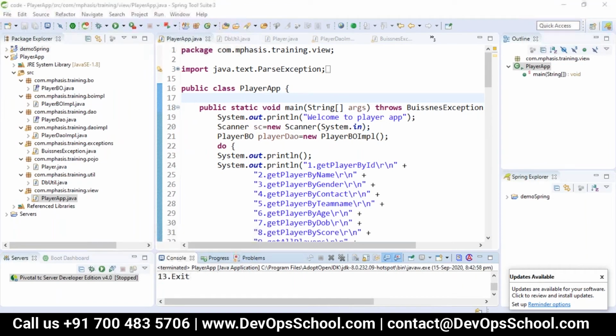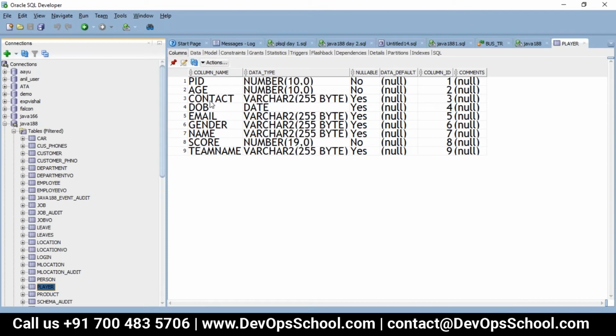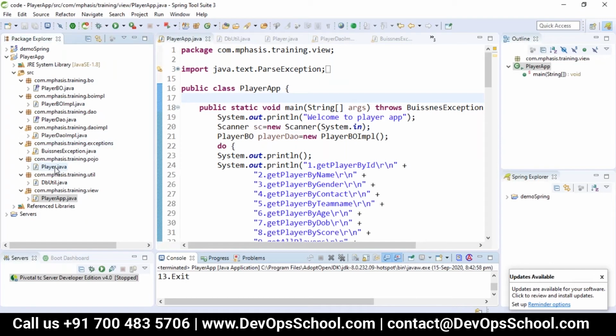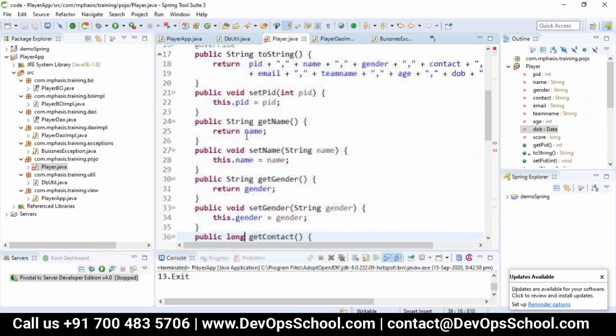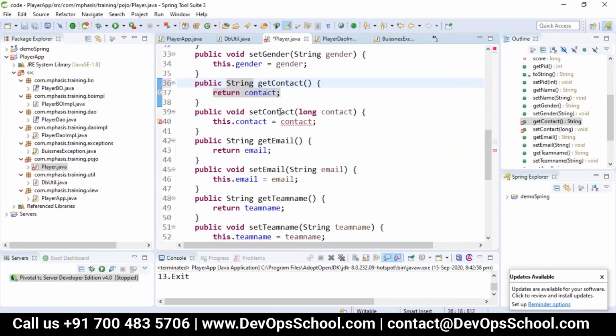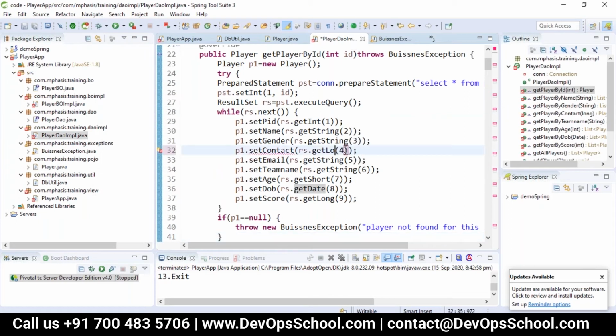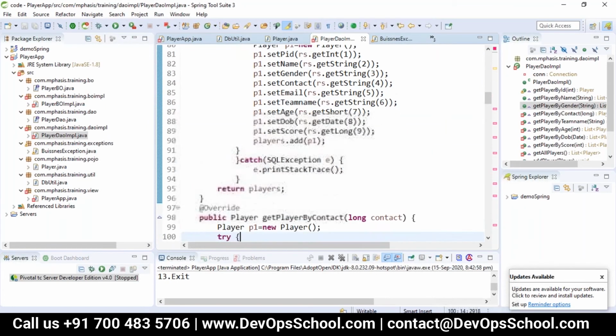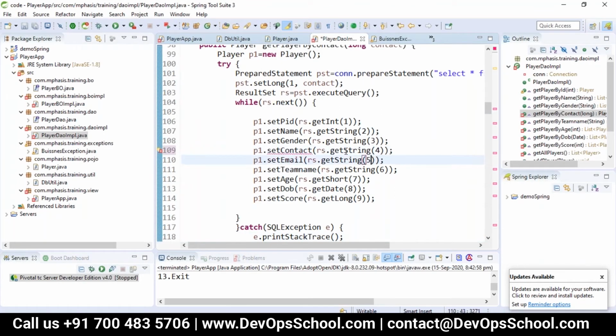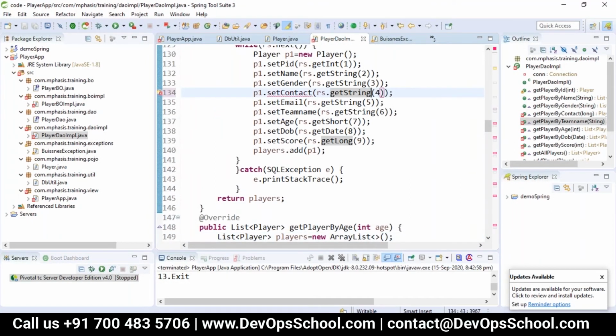One second, let me just cross verify my database: PID, age, contact, date of birth, email, gender, name, scope, email. Just referring to some different database.